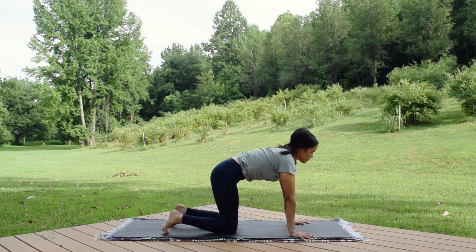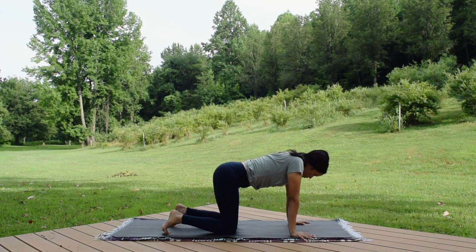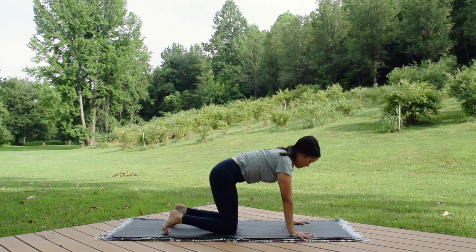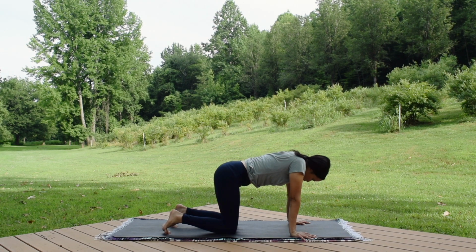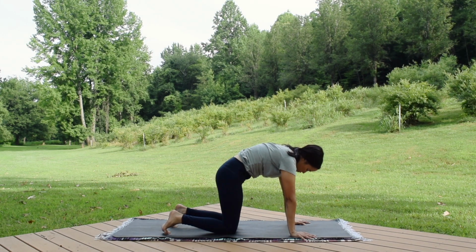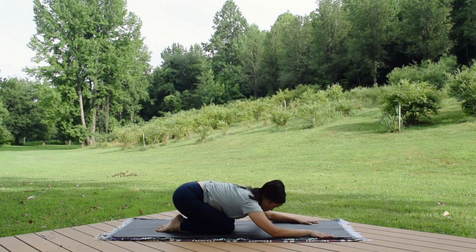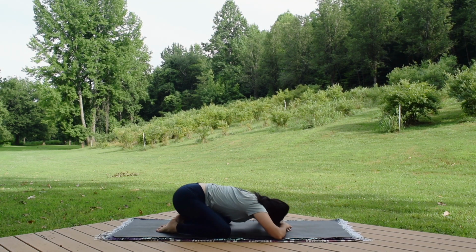Few more like this. Moving at your own pace. And again, inhale, lift the chest. Exhale, round the upper back. Last round. And exhale. Coming into child's pose, so point the toes behind you, set the hips back, head down onto your